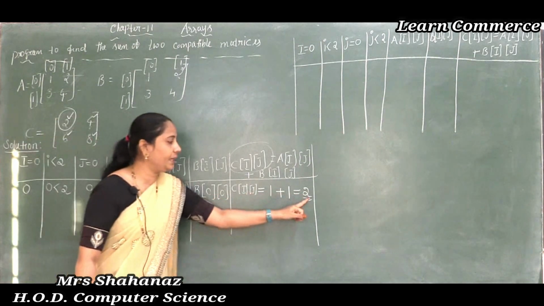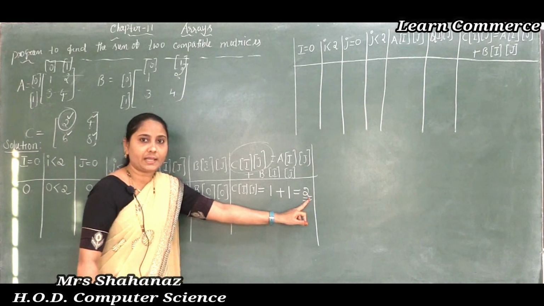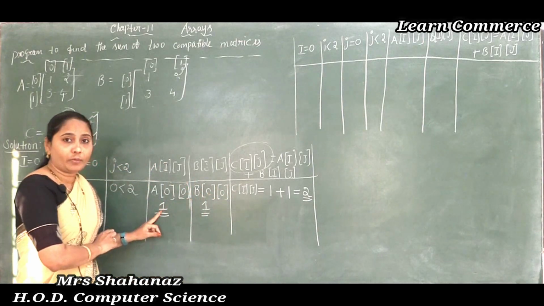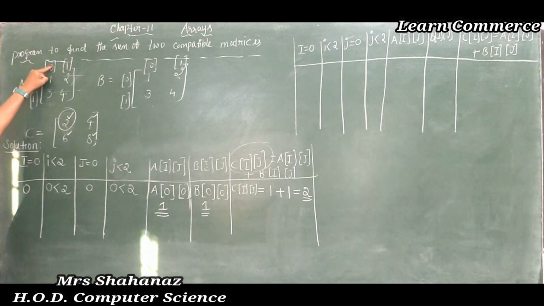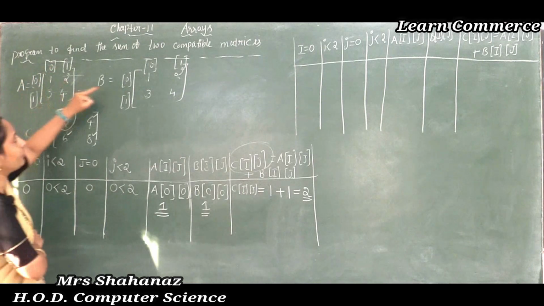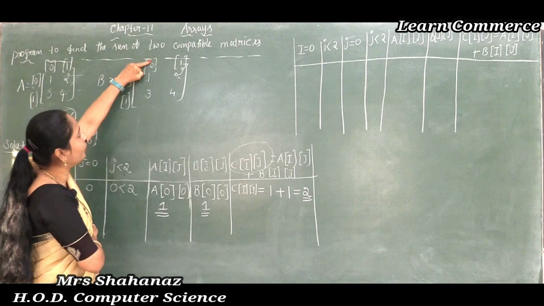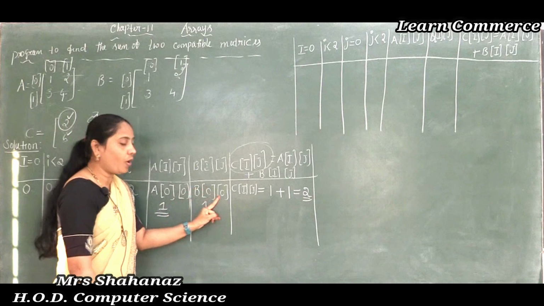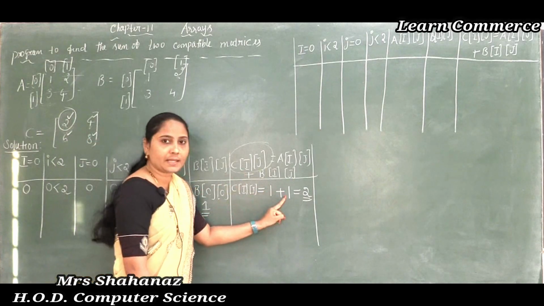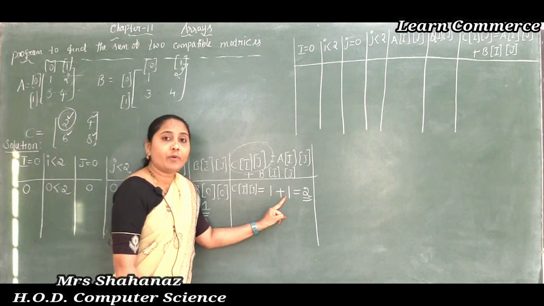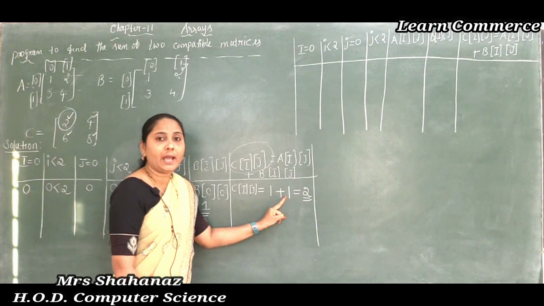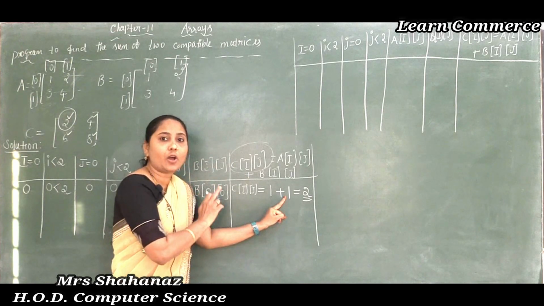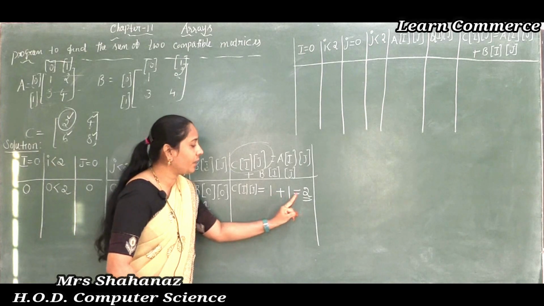Now we have got a result, so we can say that A of ij plus B of ij. A of ij, what value did it give? 1, correct? We saw 0 0 1. And B of ij, how are we looking at it? Row size, column size, 0 0 1. So we can say that A of ij is 1, B of ij is 1. Now in this case we are going to add the result of A of ij plus B of ij, and later such value is going to be added into the matrix C of ij, okay? So 1 plus 1 the value is 2.